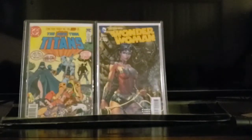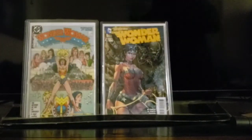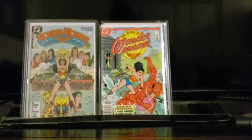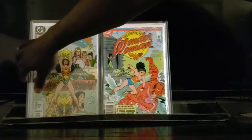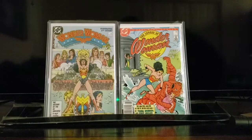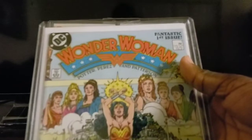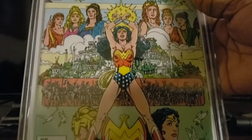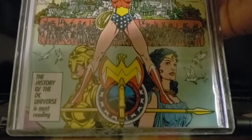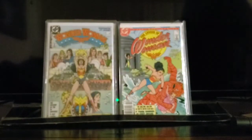Picked up some, oh no. Picked up some older Wonder Woman books. Right here. So we have Wonder Woman 1. Let's readjust this. Wonder Woman 1, as well as the Legend of Wonder Woman 1. Just dope, man. It's a wraparound cover, and I don't have it set to where you guys can see the wraparound, but just awesome. What, Perez? Artwork here, just dope. The back, I like the back more than I like the front, but really gonna get this one slabbed. I think it's worth slabbing. No for that one, but